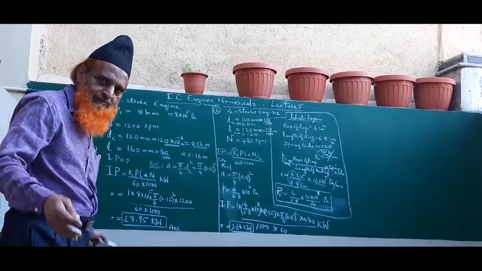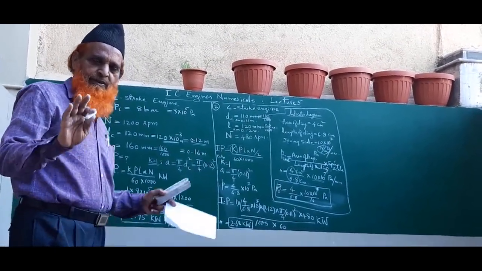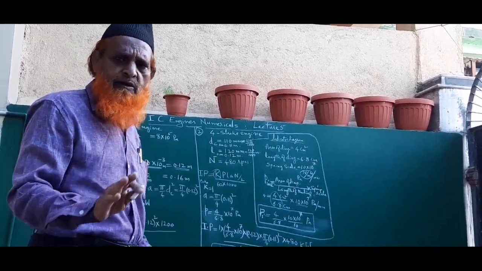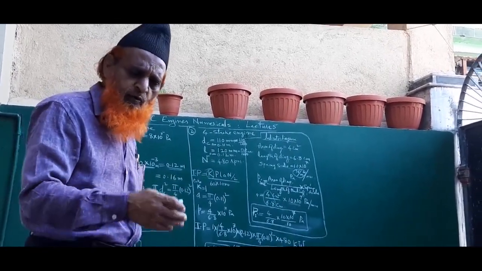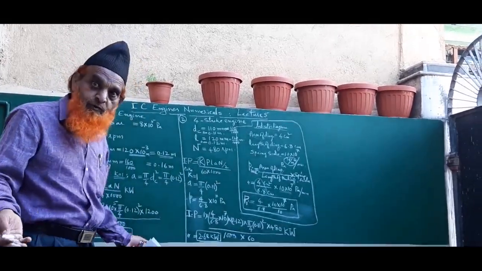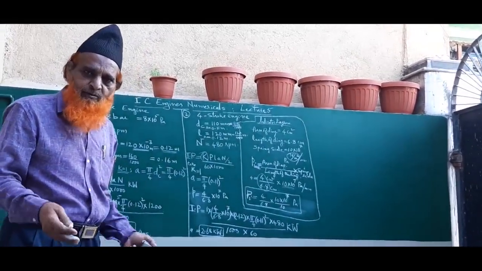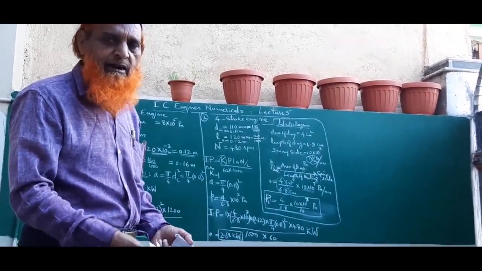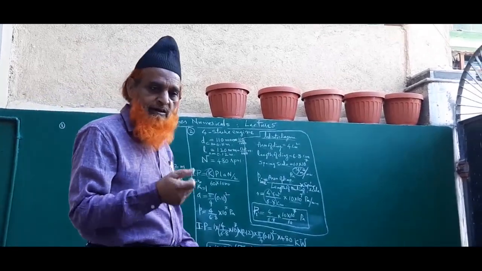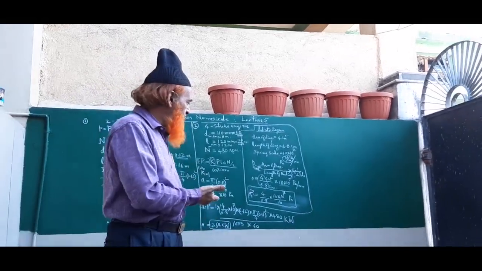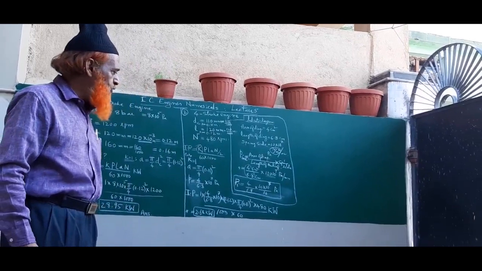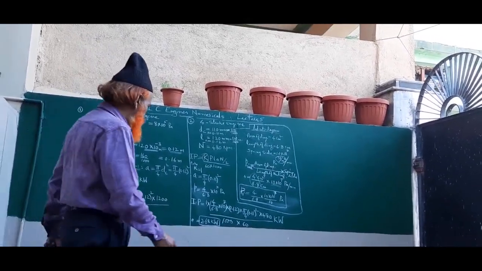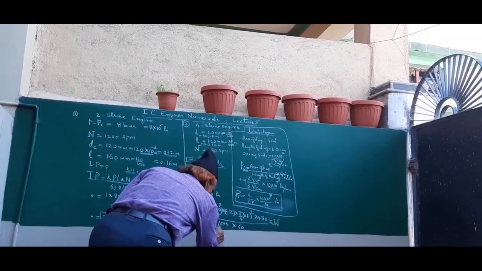Clear? Did you understand, children? Are you satisfied? Very simple numericals. Whenever you have a numerical question, you have to attempt it first because you will get full marks for that. In case of theory, your way of explanation and the valuer's thinking may differ a little. But in a numerical, the answer will be the same whether you do it or the valuer does it. Okay? This is your answer.